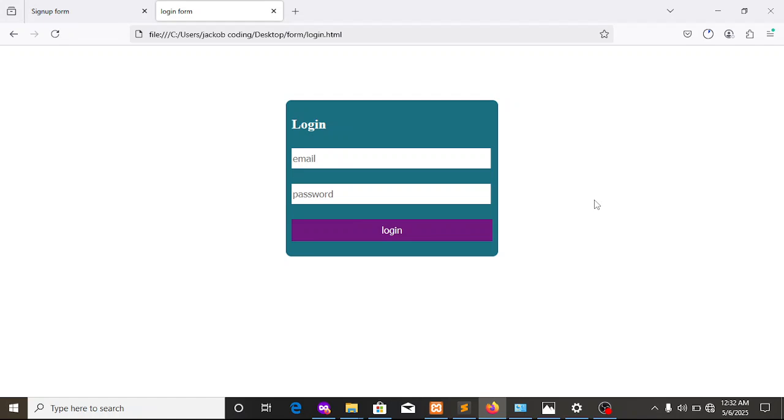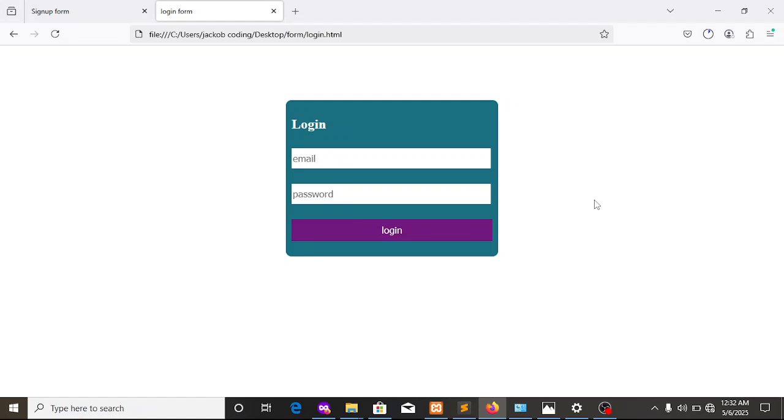Like I said in a previous video, I already created a login form. Now it is time to create a database name and a database table. In order to create a database table, you should have a database first. If you don't have a database, you can download DB Browser